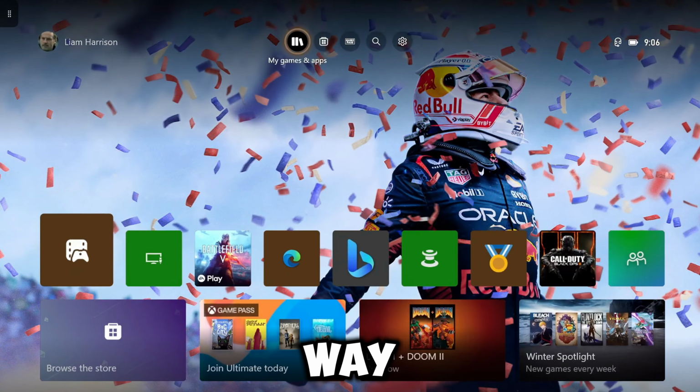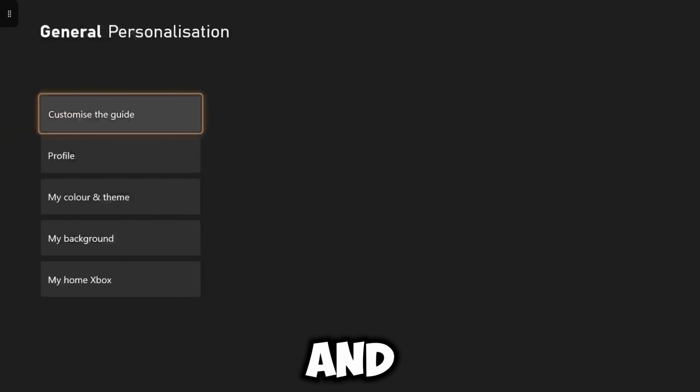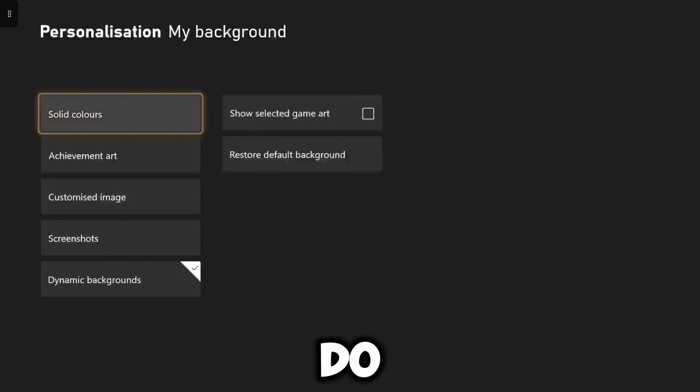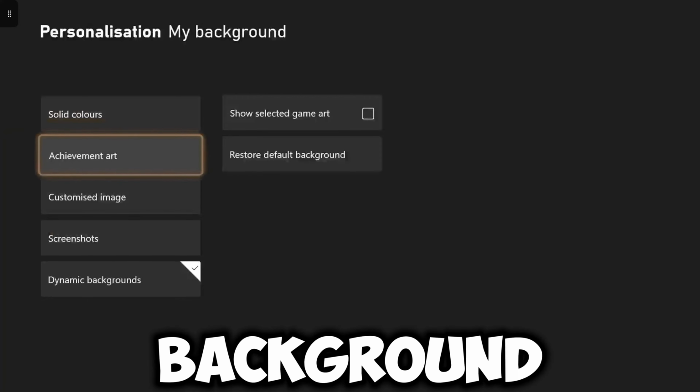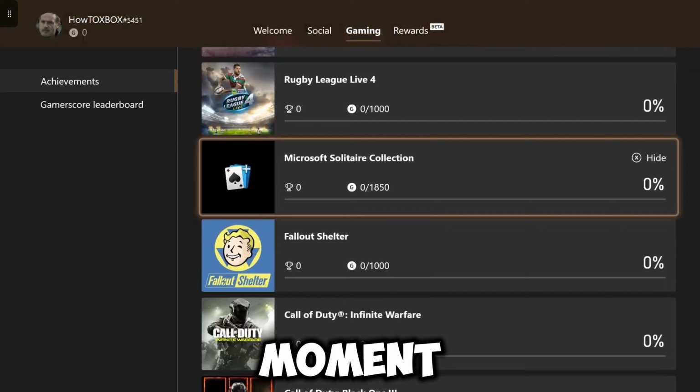Now guys, the second way you can change your background on your Xbox console, if you head all the way back to settings and personalization and go back to my background, is you can actually make achievement art your background on your Xbox console. Obviously I don't have any achievements to prove that at the moment, but